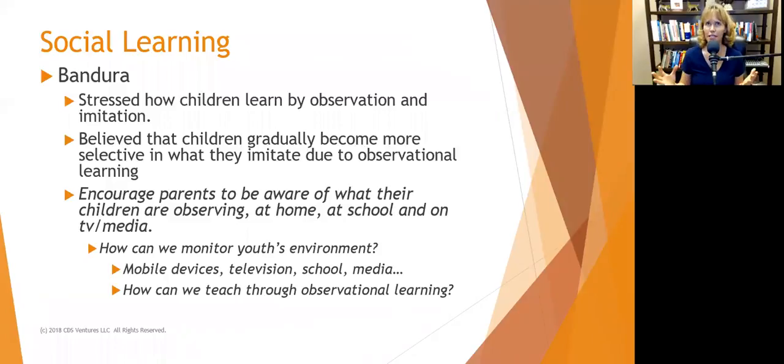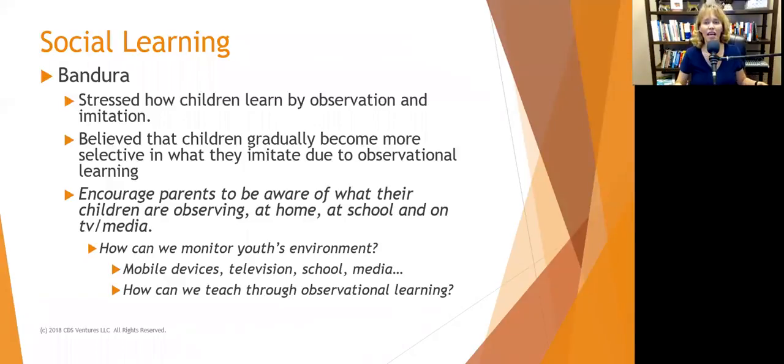Okay, so back to Bandura. He believed that children gradually become more selective in what they imitate due to observational learning. What he meant was children are going to look around, and the things that they see rewarded in the environment, they're going to do. They're going to imitate. The things that they see punished in their environment, they're probably not going to do because they don't want to get punished. So we want to have the family look around the house and identify what types of things are